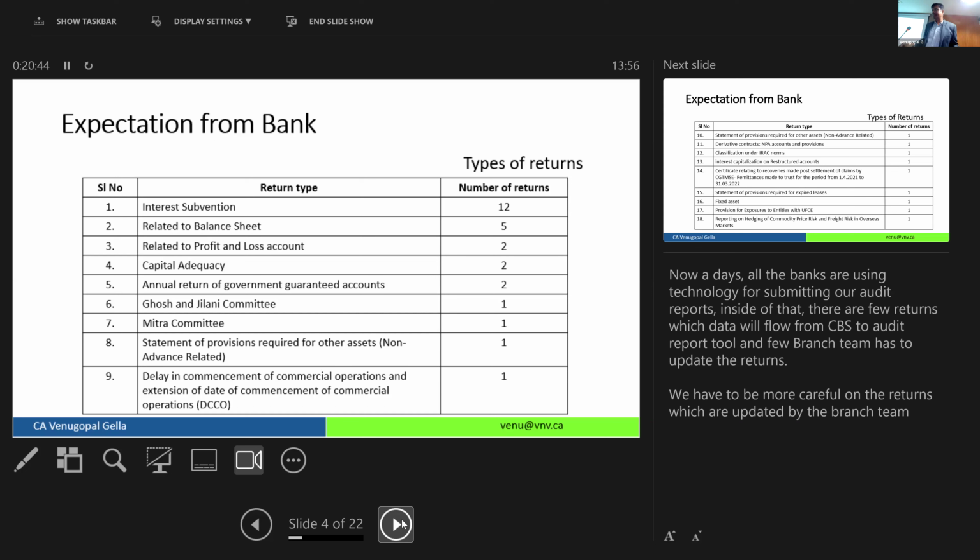Then government guaranteed accounts: there is a separate certificate if there are any government guaranteed. So even if there are nil, there would be one certificate that would be coming. When I say interest subvention, not necessary that you will be signing one if they're nil. But when it comes to government guaranteed accounts, even if there are nil, they will print that and get it signed. So sometimes you will be signing nil certificates also. The question that comes is, how will you ensure that this nil is correct? What will you do to ensure that nil is also correct? Nil is nil. What can I do?